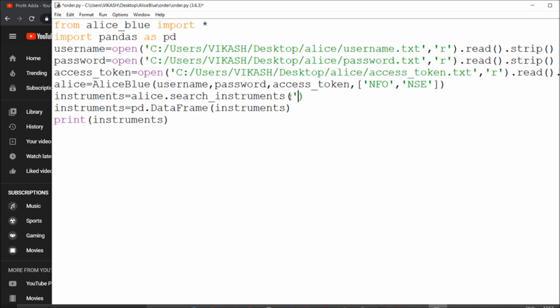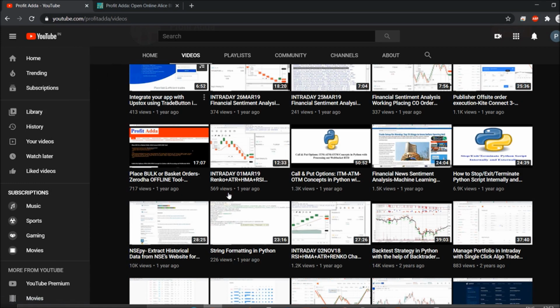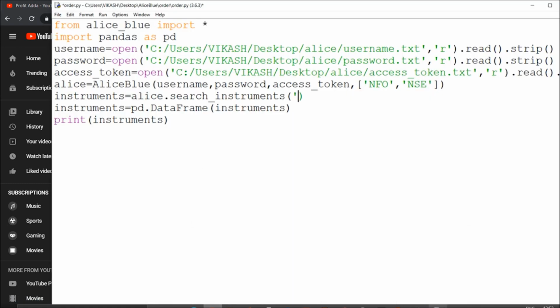To search around, you should follow this step. You should specify the exchange and the trading symbol whichever you want to fetch. Mine is Bank Nifty. Whatever futures and options are available in this segment, you should fetch and give to me. So let's print these things.